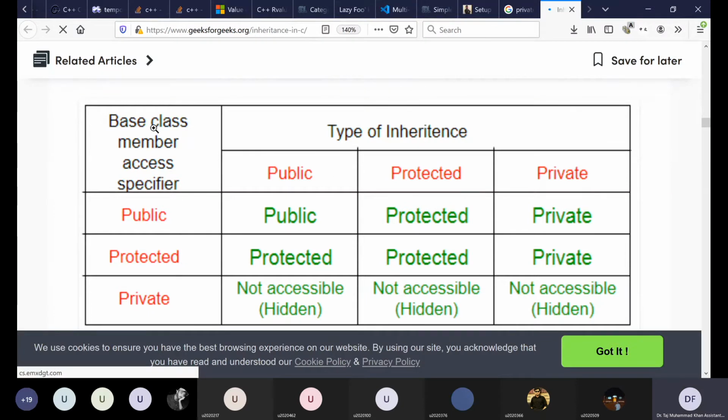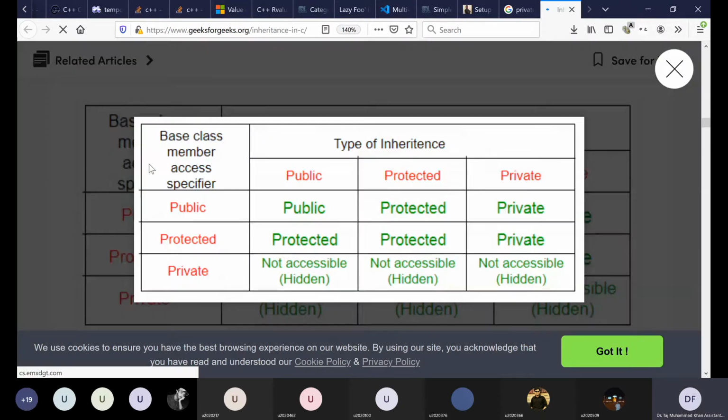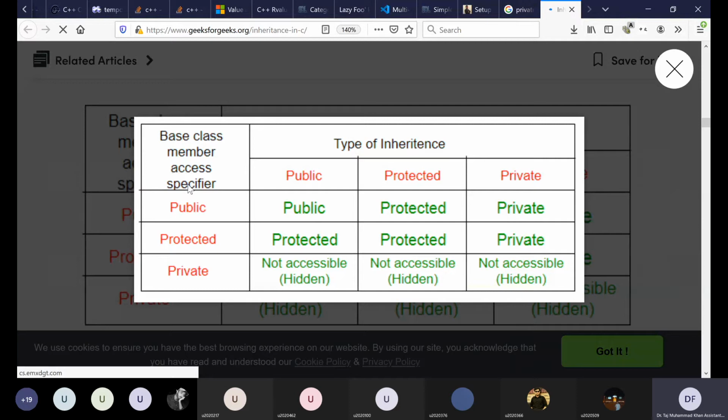So let us go and see. You have the members of a class, which is a base class. It has public members, protected members, and private members. When we inherit from this class, we will see what kind of things can be accessed in the derived class. On the leftmost red column, base class access, let's see how it is accessed inside the derived class by different types of inheritance.